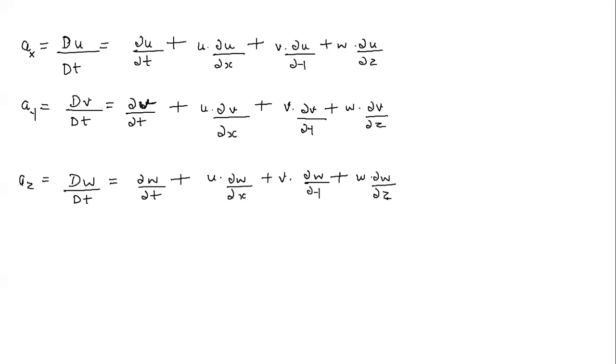So in the last session, if you remember, using simple mathematics, that is using the Taylor series expansion, we came to this relation. So now finally, the acceleration vector a will be simply ax i cap plus ay j cap plus az k cap. That is the acceleration of a fluid particle at a particular point P. Now let's understand this.